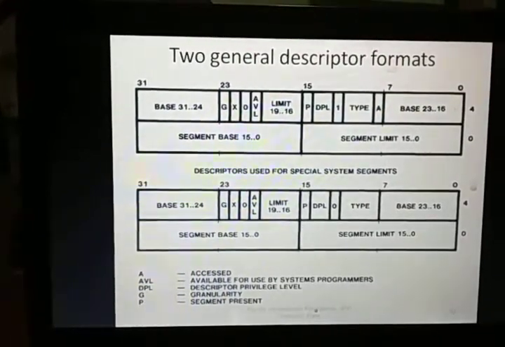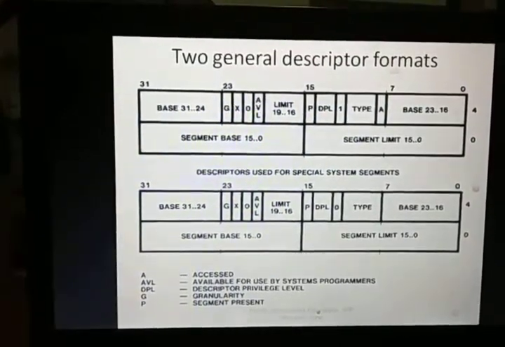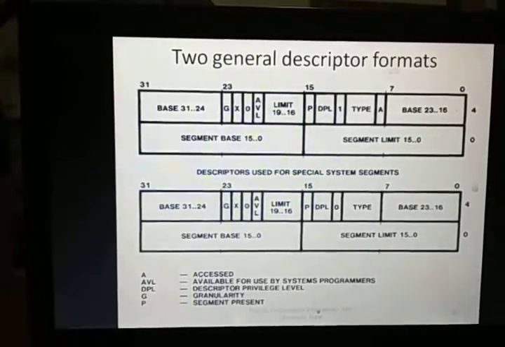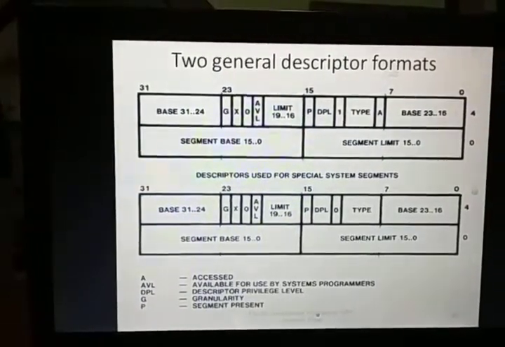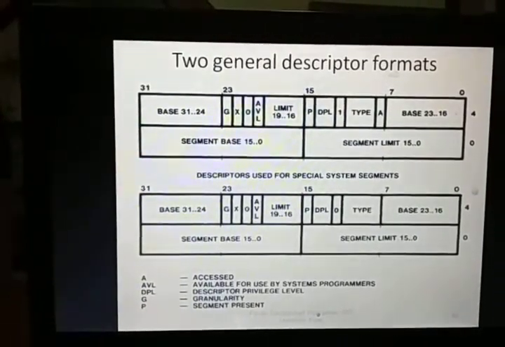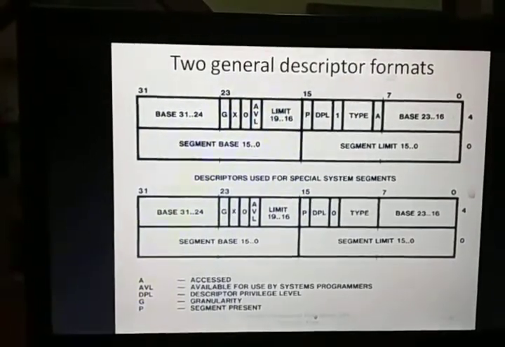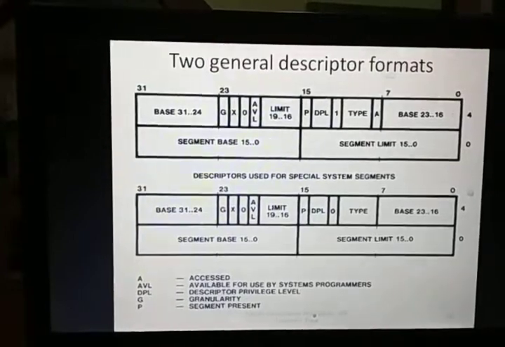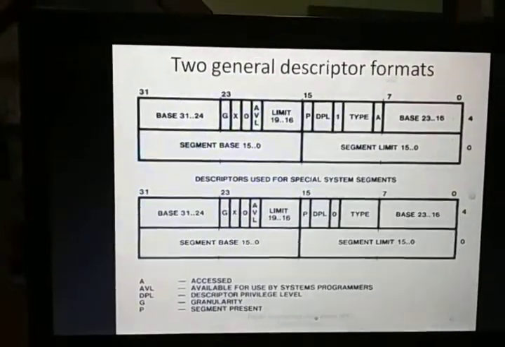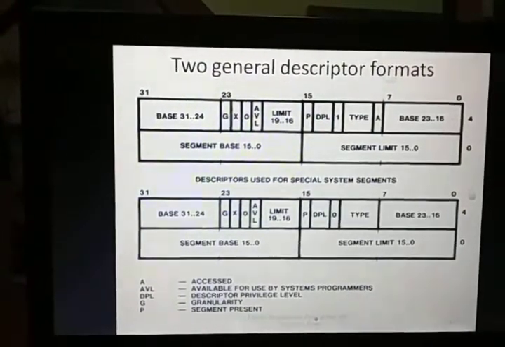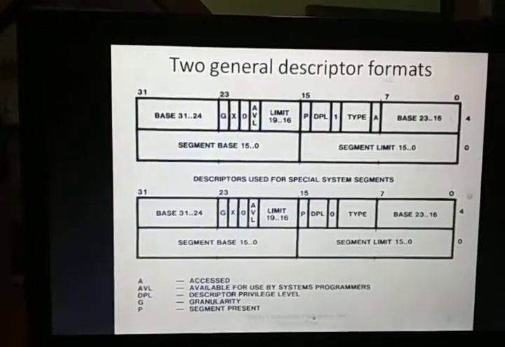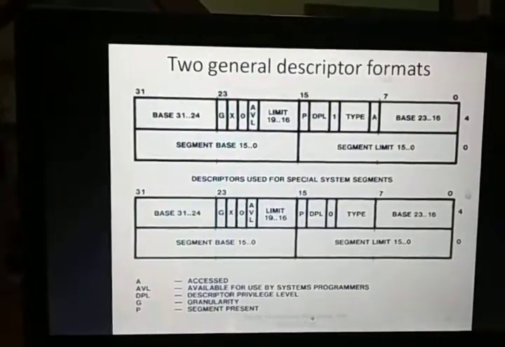So first we have to check the privilege level. Privilege levels are defined from 0 to 3, PL0 to PL3. PL3 is the least privileged level and PL0 is the most privileged level. For example, if the calling process privilege level is 3 and the target process privilege level is 2, the calling process cannot access the data.